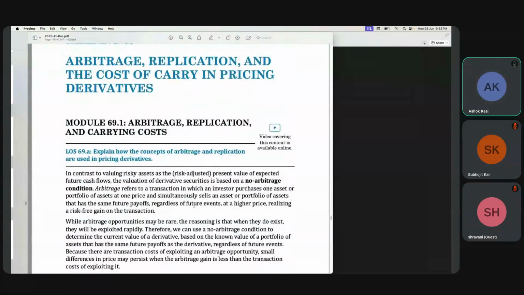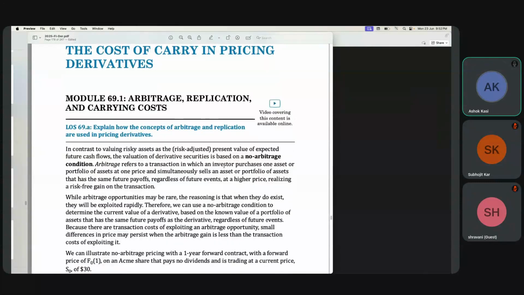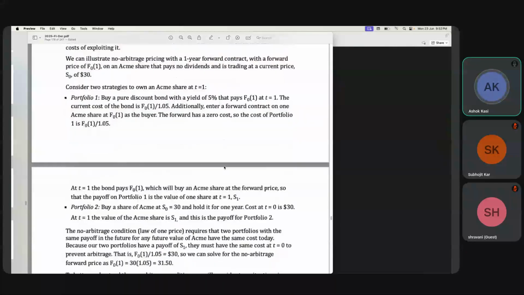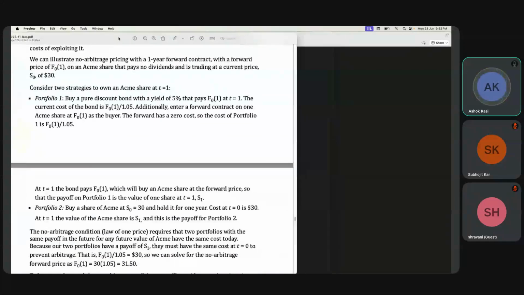Arbitrage, replication, and the cost of carry in pricing derivatives. See, let's do this one now. We can illustrate no arbitrage pricing with a 1 year forward contract with a forward price of